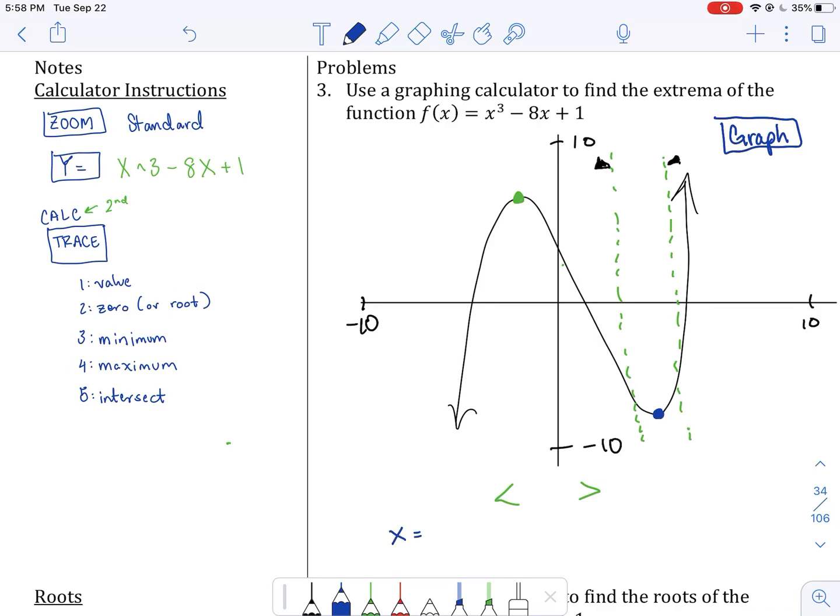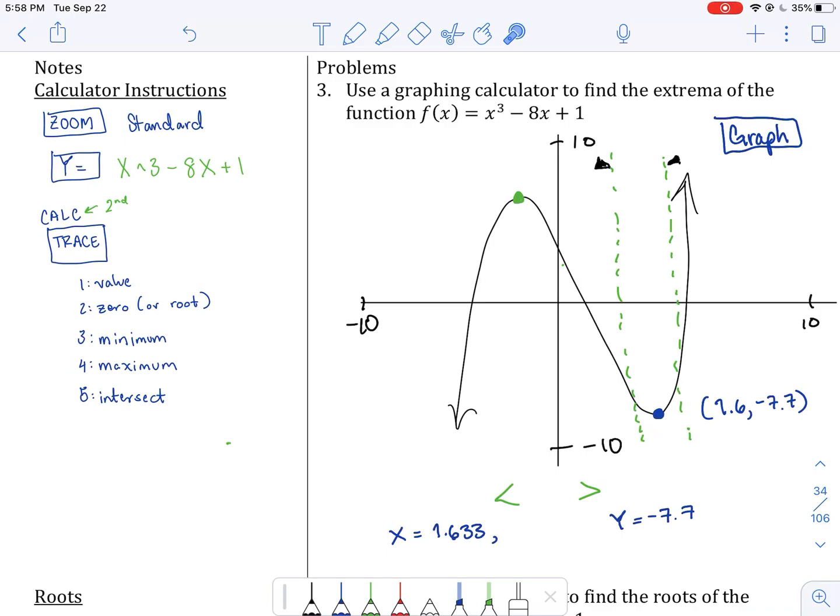And at the bottom, it will tell you your X value, which in this case is 1.633. And then it will tell you your Y value, which is -7.7. And that's the ordered pair right here, 1.6, negative 7.7. That's your local minimum. You'd go through the same process, but click maximum first, like you did at the beginning,